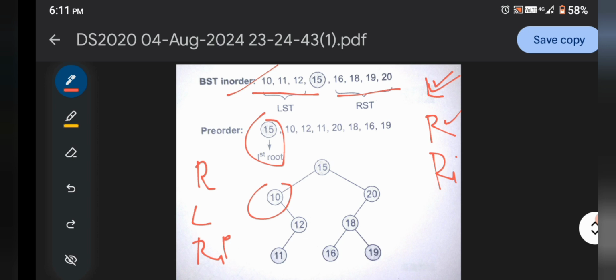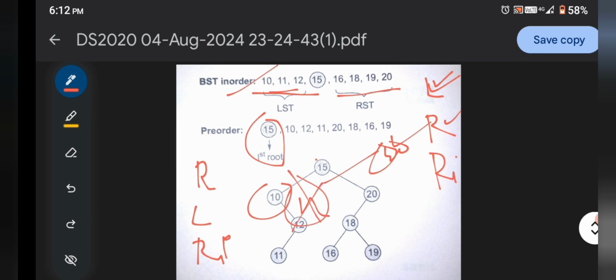Now in the case of the left, 11 and 12 are given. This means 11 is not going to be your root. Because we know that in the binary search tree case, if we talk about the left side, if 11 is here and 10 is here, this is wrong.